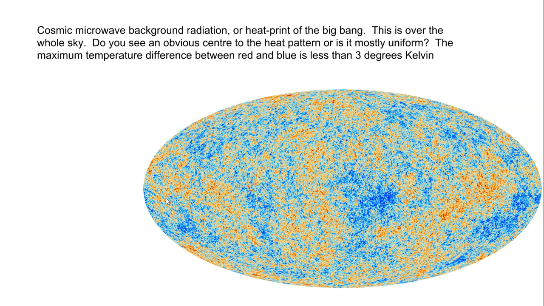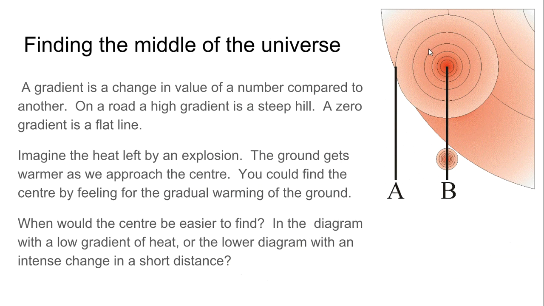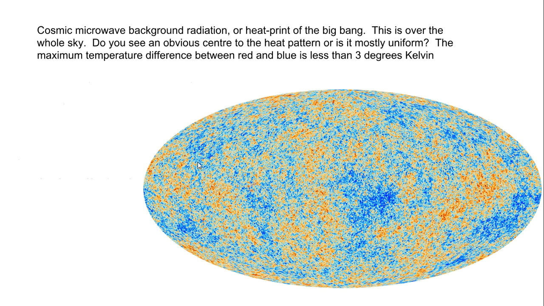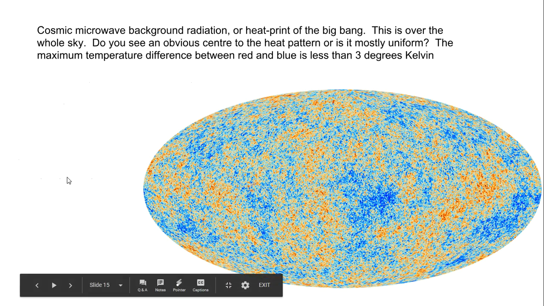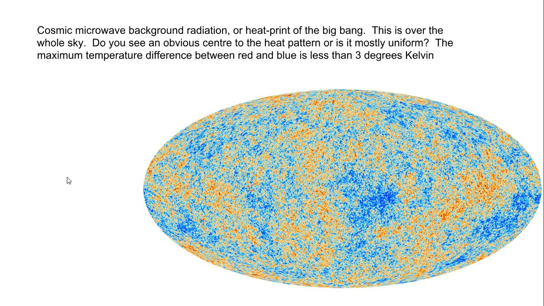So we've mapped the heat of the universe. And this is the entire sky twisted into this shape. It represents horizon to horizon, north to south. These are the heat plots. The difference between the blue and the red dots is less than 3 degrees Kelvin. Kelvin is the same as Celsius. So there's less than a 3 degree temperature difference. Do you see an obvious gradient in temperature? Do you see a center forming where there seems to be a hot spot? No, you don't. The universe is completely lukewarm in all directions.